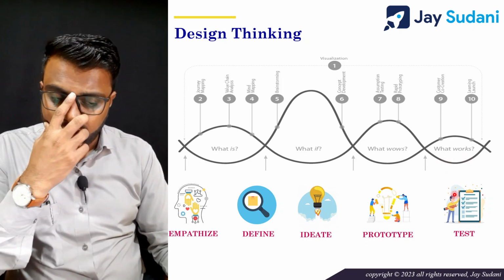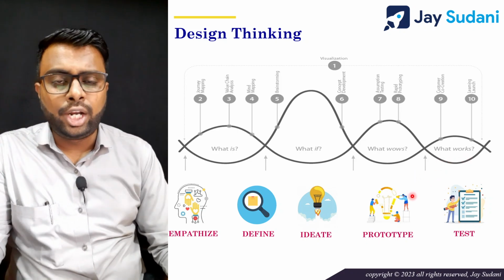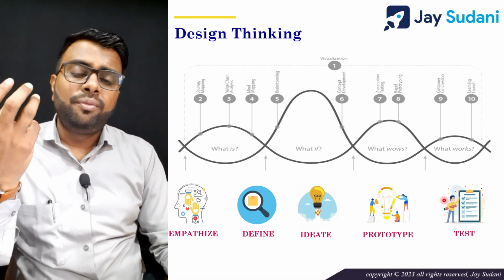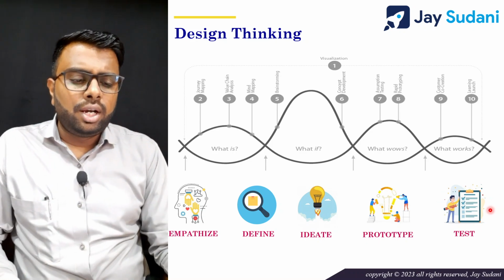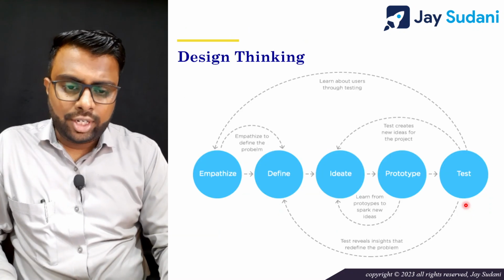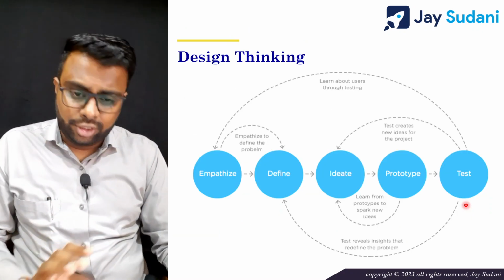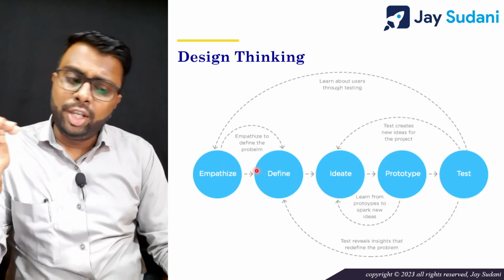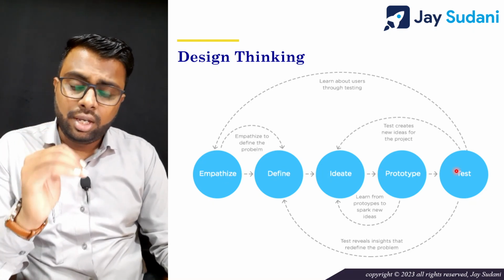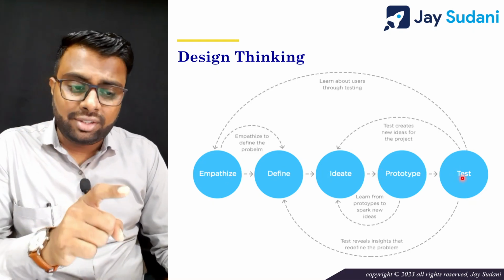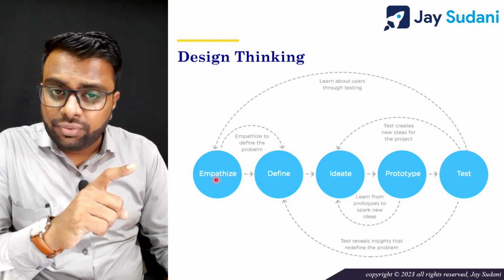In the test phase, you will go with your prototype to the users, collect the feedback and understand what features of your product are working and what is not working, and then you will iterate this up till the final testing is done. So that's why I would say this process is a loopy process. It's not straightforward. Initially you go straight: you empathize, then you define, then you ideate, then you prototype, and then you test. Based on the result of the test, you may either fall back to the empathize phase because you